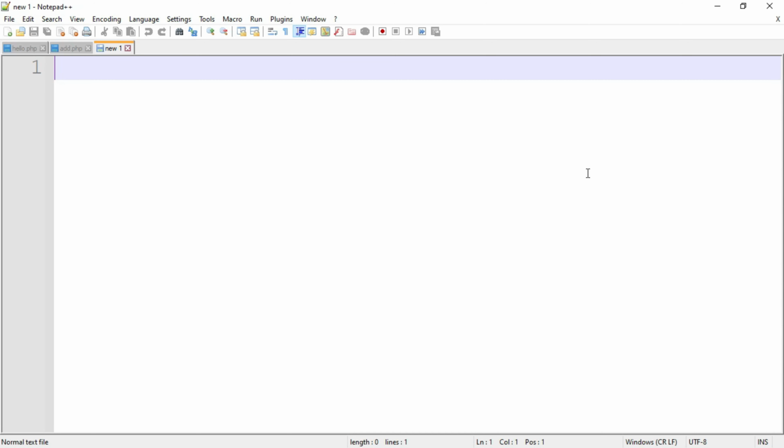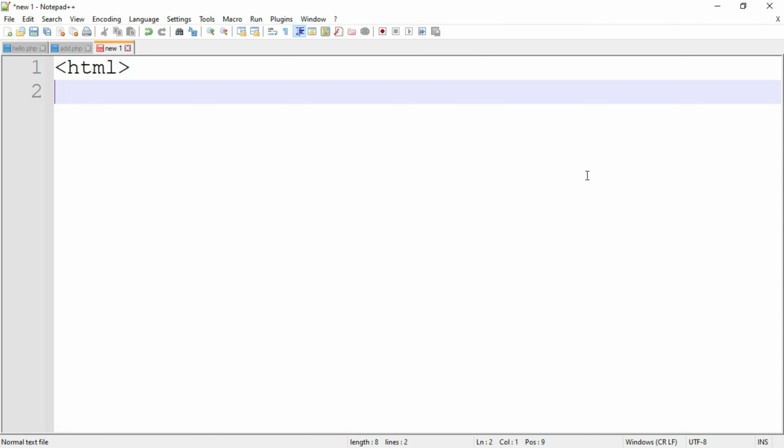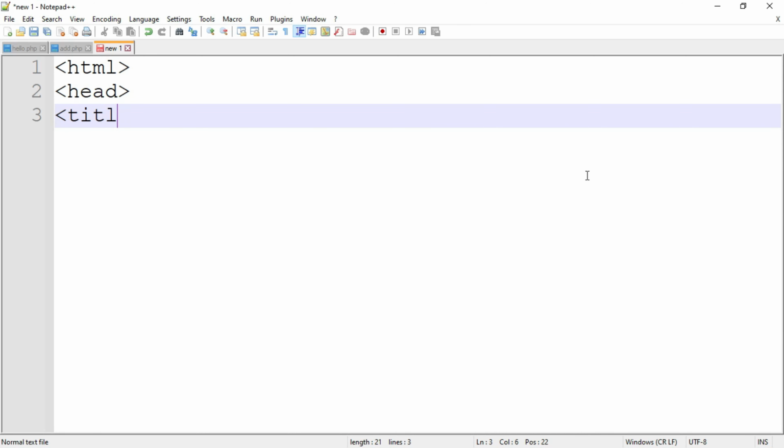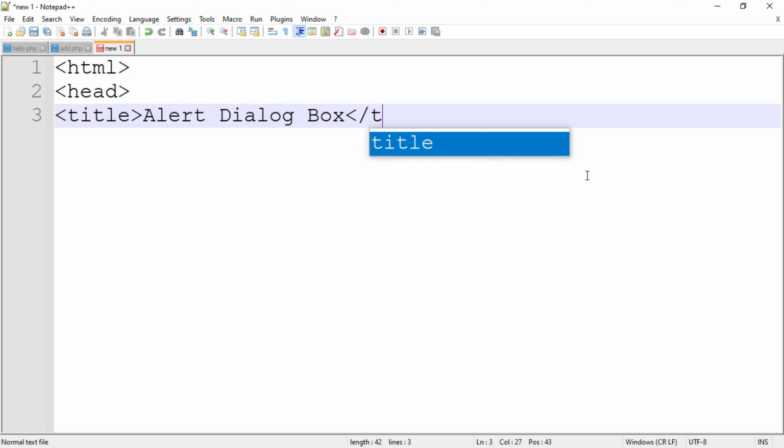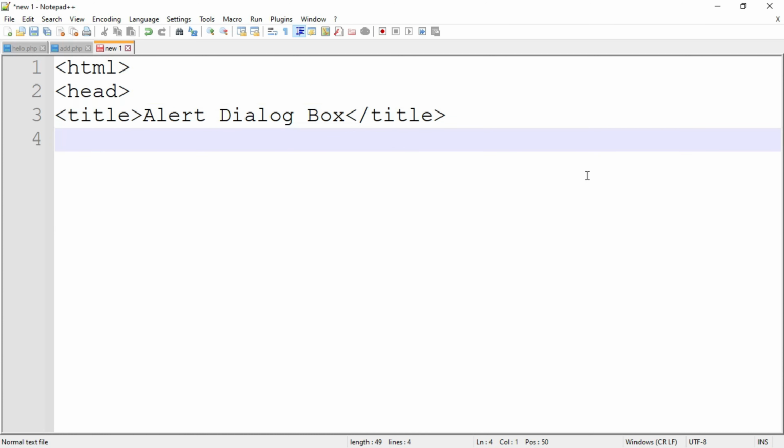Okay, so here I open Notepad++ software to write a program of JavaScript. You can use any text editor like Notepad, TextPad, Edit Plus, etc. Let's start from the basic tags of HTML. The first tag is html, then the next is head. Inside head there is a title tag. For example, write down the title as alert dialog box and then end of title tag, then the opening script tag,